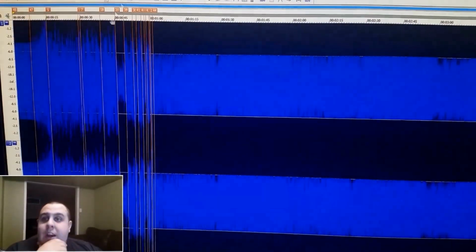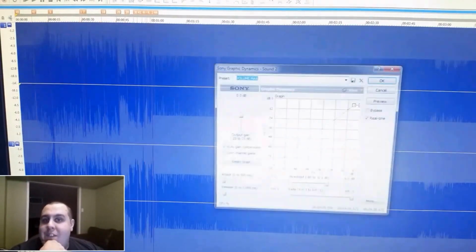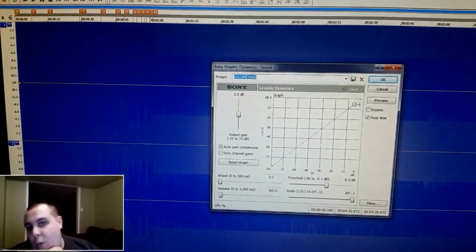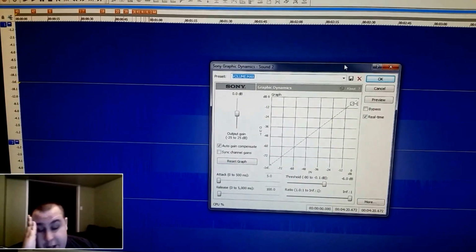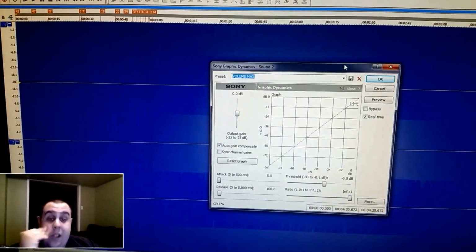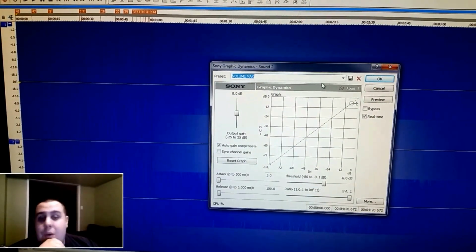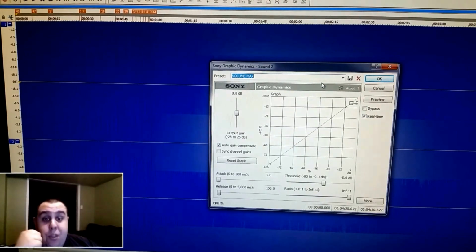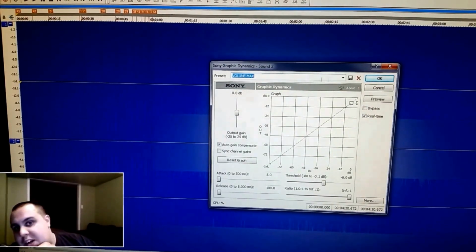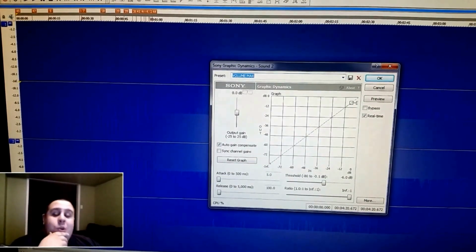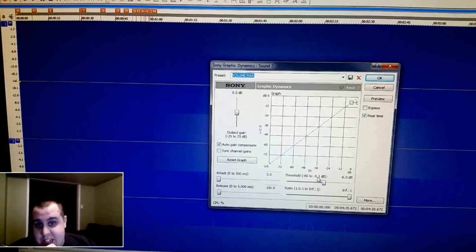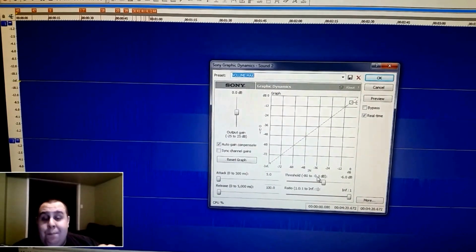So what I'm going to do right now is go to my graphic dynamics of the song, which is where a producer, remixer, editor, or sound designer would give the song some depth, turn it up without distorting, and also give it some oomph. I have a custom one called Volume Max, which takes everything at -60 dB, adds compression,